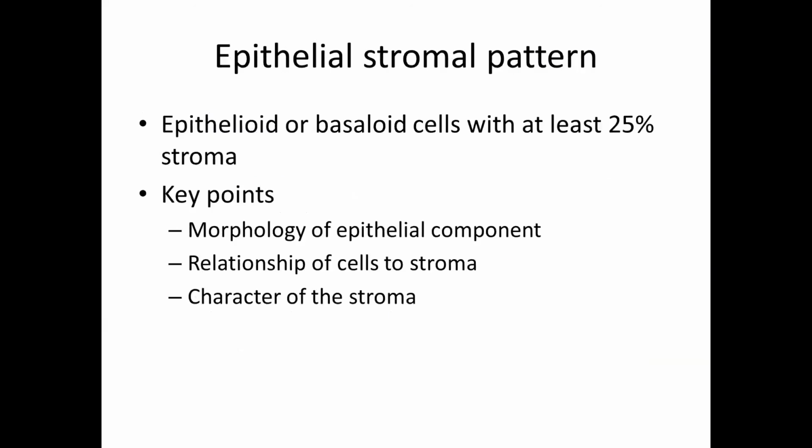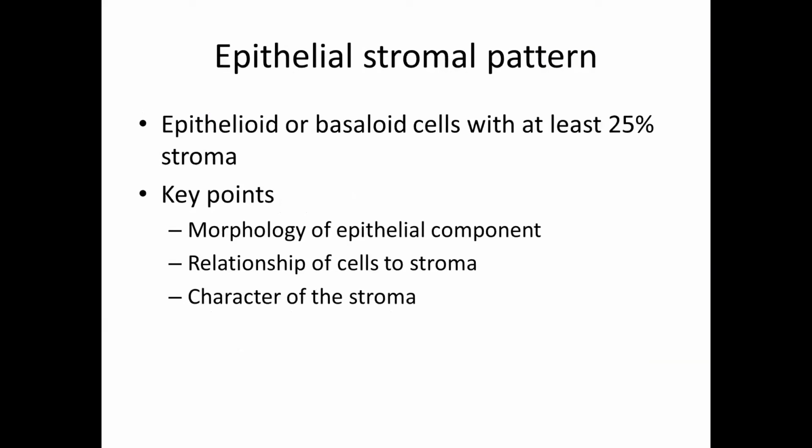Okay, so the epithelial-stromal pattern is what we'll start out with. And the epithelial and stromal pattern is defined as being an aspirate that's comprised of epithelioid or basaloid cells. So, epithelial cells or myoepithelial cells that may have some cytoplasm or may have very little cytoplasm. But the key thing is you've got some stromal material, extracellular stromal material, and it comprises at least 25% of sort of the volume of material in the aspirate. So we've got epithelioid or basaloid cells, and you've got at least 25% of the volume of the aspirate being